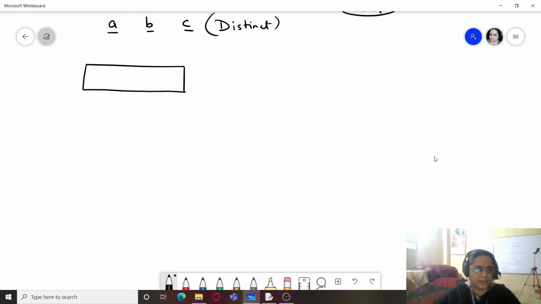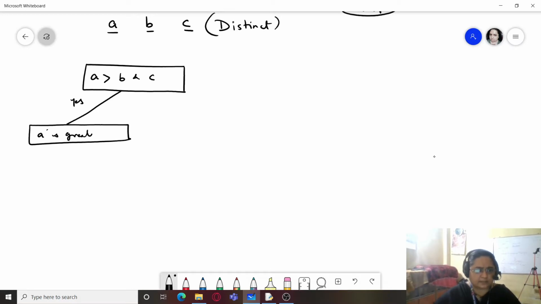One logic is: if A is greater than B and A is greater than C. Obviously, if A is greater than both B and C, or I'll use the simple layman term, that is English term, A is greater than B and C. If it is greater than B and C both, it means that we can print here. If this is yes, then we will print A is the greatest number.